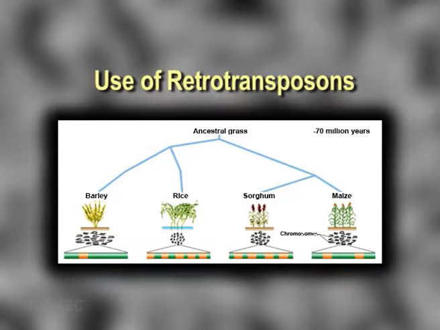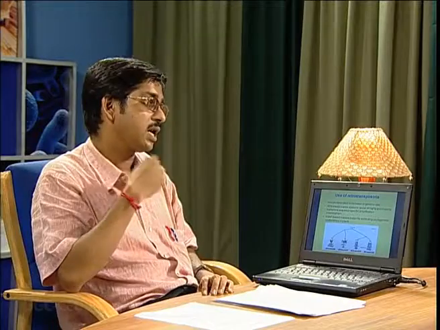In this figure, you will see that the green part represents the presence of transposons, and the orange part, the active genes. You will see the active genes for a particular chromosome may be less in barley and more in sorghum or rice, but their genome sizes differ because the amount of retrotransposon present is different. So there is enough area in certain members of this grass family where the retrotransposons can still move around without affecting the function of the different genes, and hence the retrotransposon based marker system has been widely